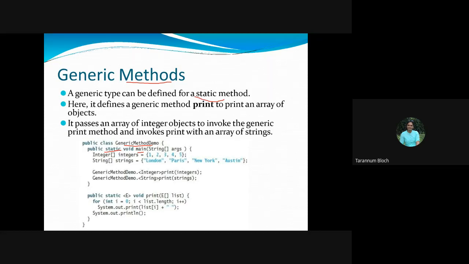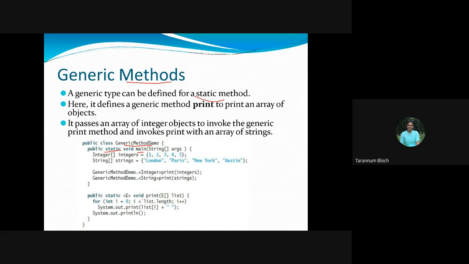Right? That's what we do with the normal methods. But when we have the static keyword, the method of that class can be used without the help of an object. Now when we are saying we are going to define a generic method, it has to be static, because at compile time you are going to check the type compatibility of the values being attached. Fine? And that's why whenever we define a generic method, we will go with static methods. A generic method can be defined for a static method.